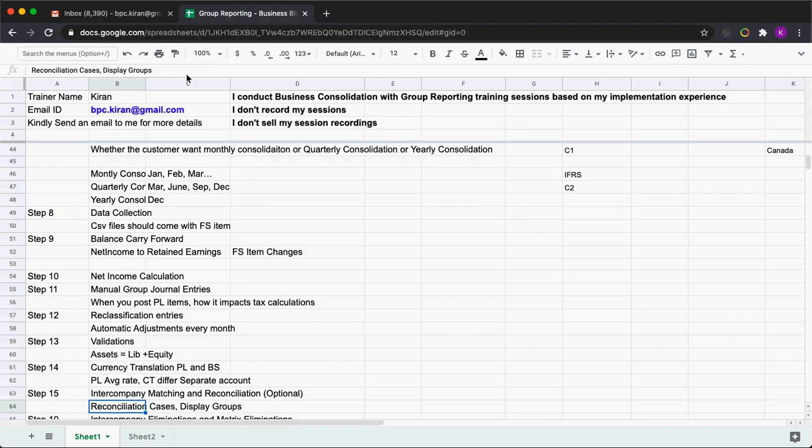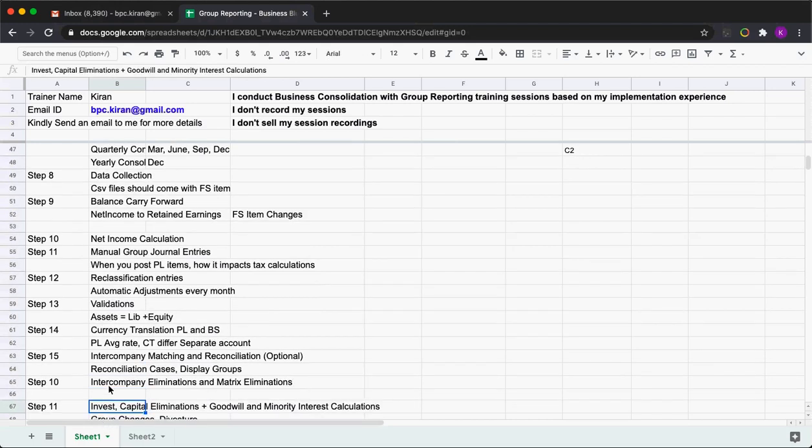What methods are we going to create? What reconciliation cases are we going to create? And what financial statement items are you going to match? For example, intercompany accounts payable you are matching with account receivable. This is one pair. Like that, you have to understand what the pairs are, what the leading units are and what the partner units are. Once we discuss this particular chapter, you will get an idea on that. Then you have to add